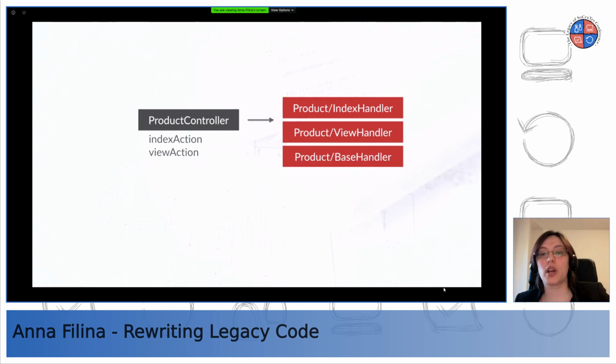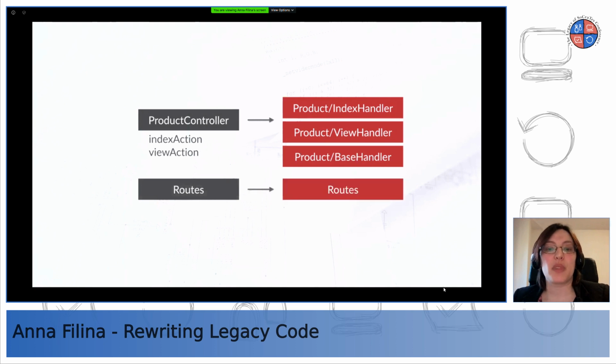So you have all the common methods in the base handler, and then the index and view handler can then call those. So you kind of have that separation. And again, this is the first step. Once you finish everything, then you can go on refactoring things and making things cleaner. But at first, you are making a big change. You want to make sure it actually works before you go too far.